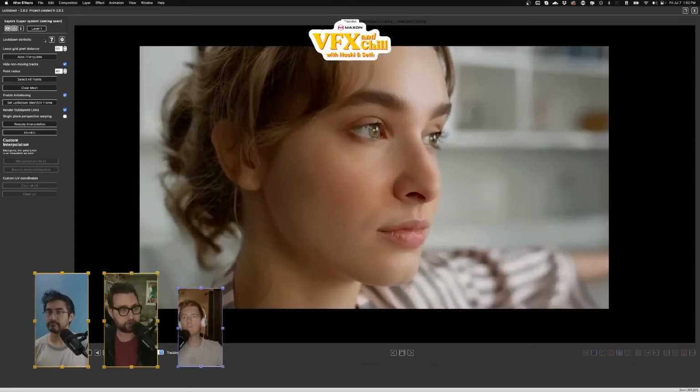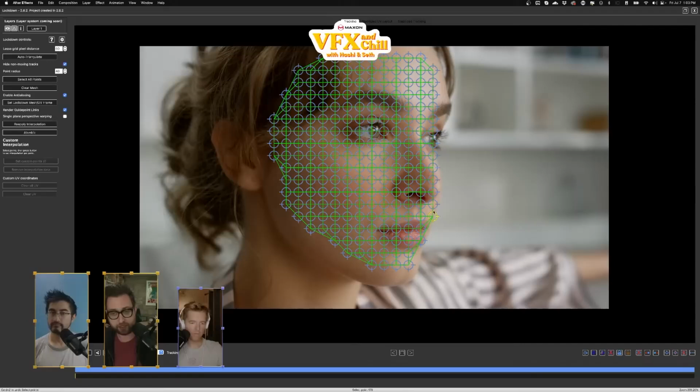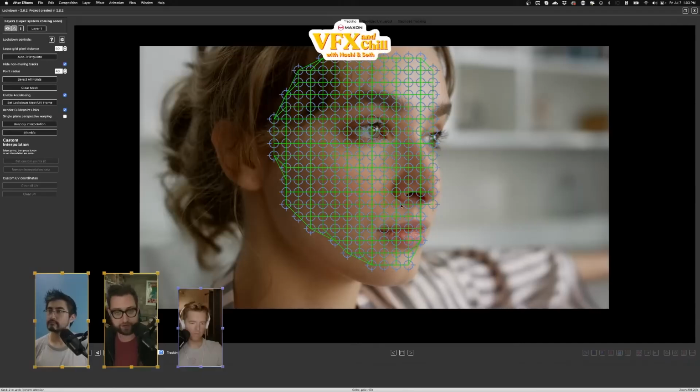So there's a couple ways I can do this. I can track the face by holding down Command on the Mac and just lassoing the whole face. While that's one way to do it, it creates a whole mesh of points. So let me just see if this works. I know that Vranos says not to do it this way because often you don't need this many points to get the track you want. But let me try it real quick. So I'll hit track all,